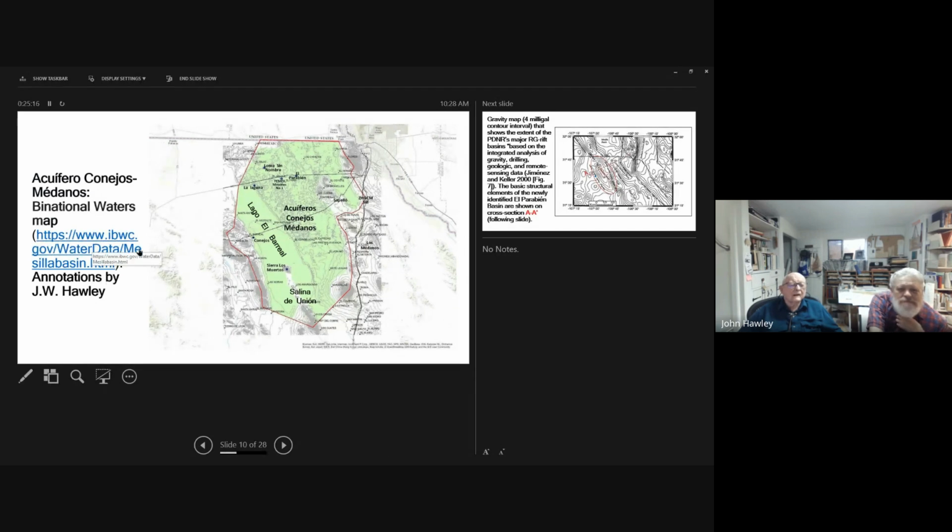This is a binational waters map published by the IBWC, SILA in Mexico. And this shows the outline of the area that I will be showing. And we have a large remnant of Lake Palomas, a saline or barrial type basin that is part of a remnant of the dried up Lake Palomas.